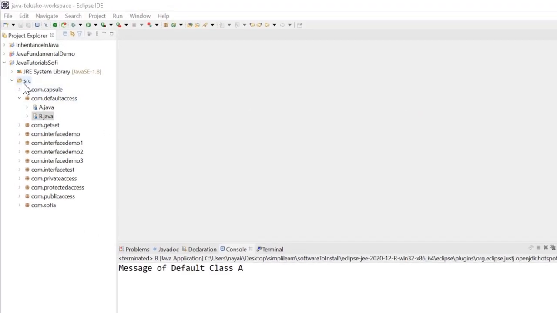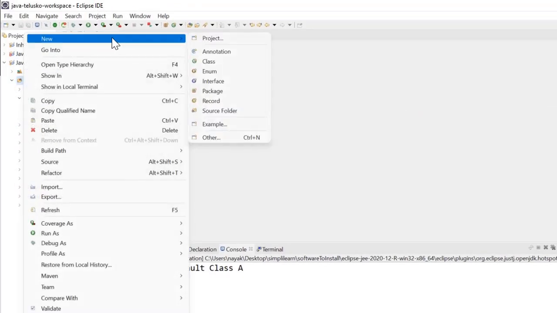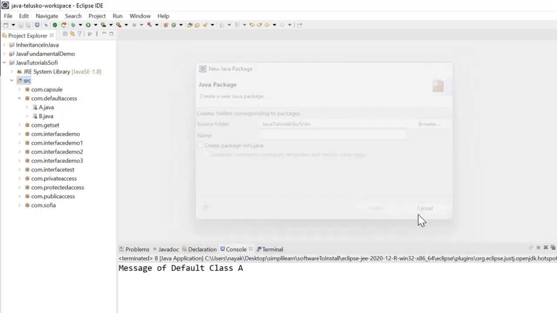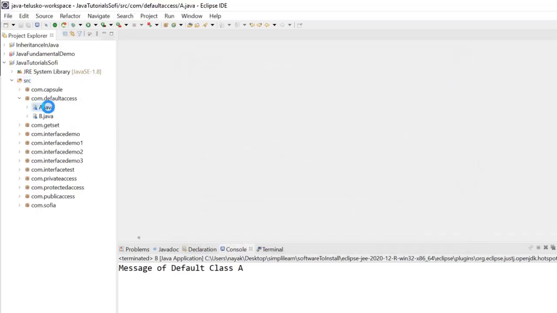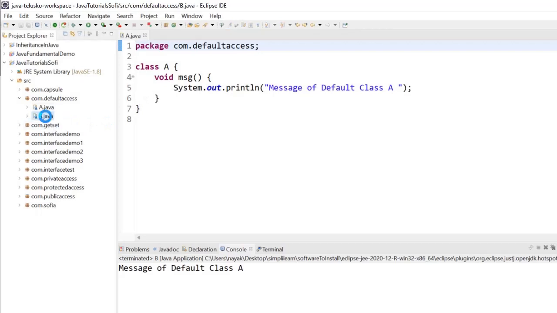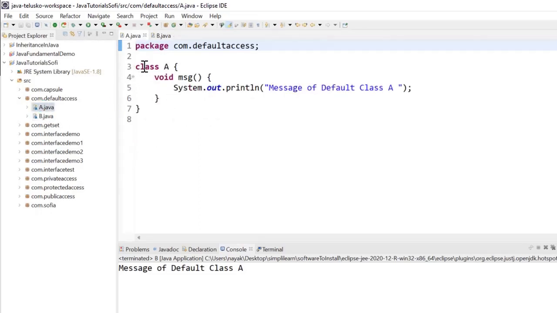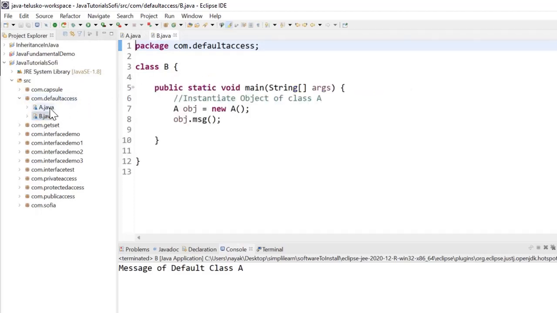Here inside src folder I create a package, go to new, then click on package named as com.defaultaccess. Inside it I create two class A and class B. The class B contain the main method and this is the class A. Both the class have no access modifier. So there is no access modifier, means the compiler consider it as a default,